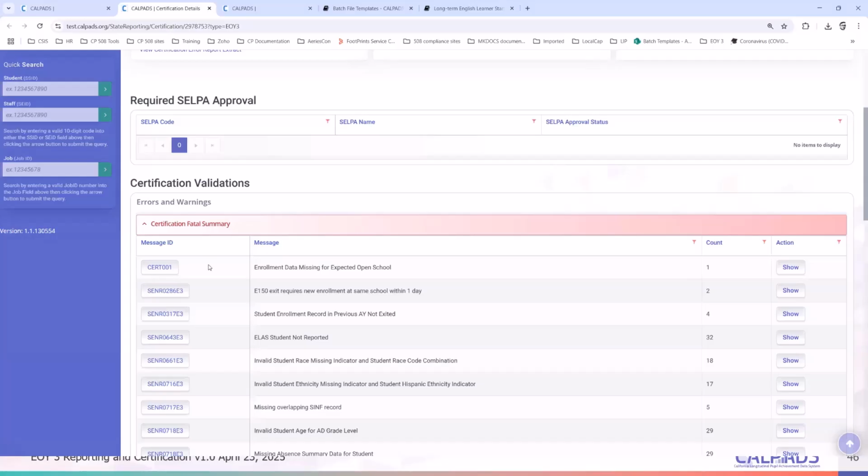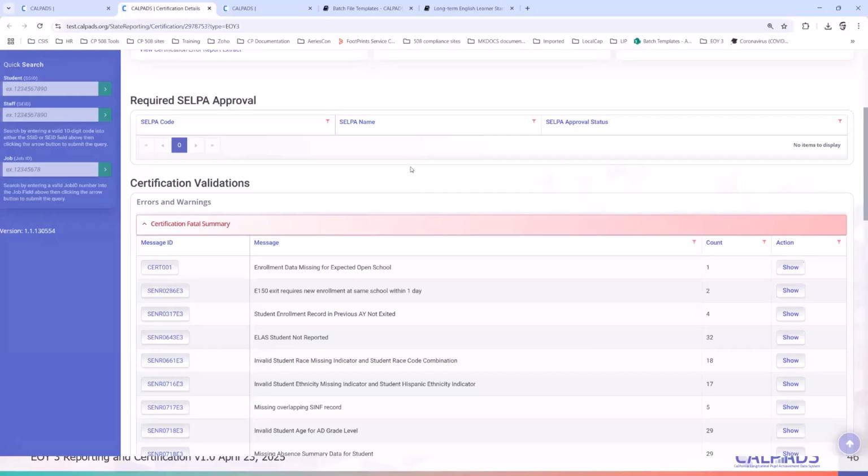Now, if you have a cert 1 and this school is active, then that means you have not submitted any data to CalPADS in relation to end of year 3 yet. So by all means, start uploading files and that should help you clear those errors. But at this point of the year, since this is end of year three and you haven't submitted any SENR, the majority of these cert ones are based on schools that have been closed that were still included on the expected schools table.